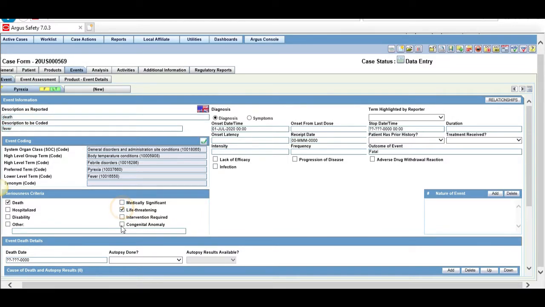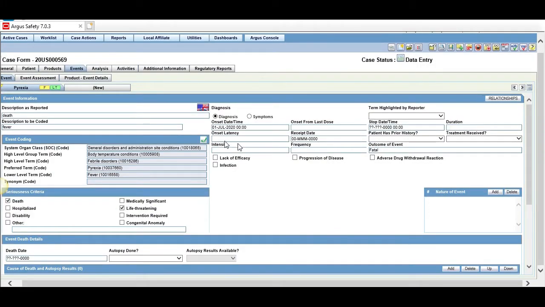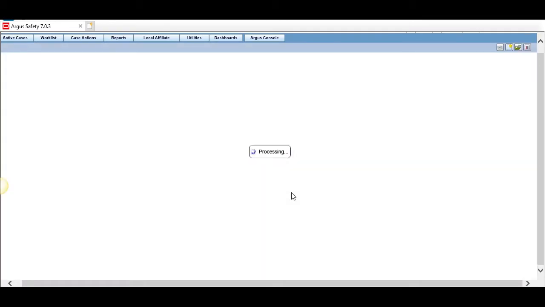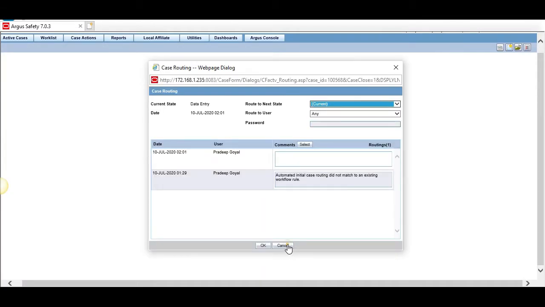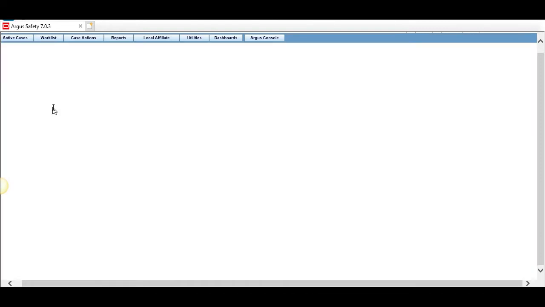And let's click life threatening as well, and click on the save button. Now let's close this particular case. We don't want to route. Case has been saved successfully.